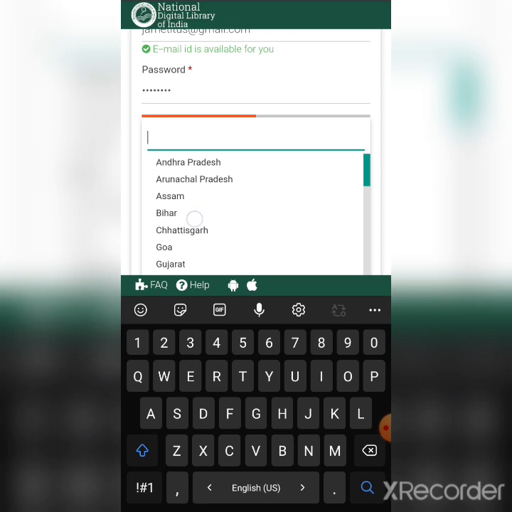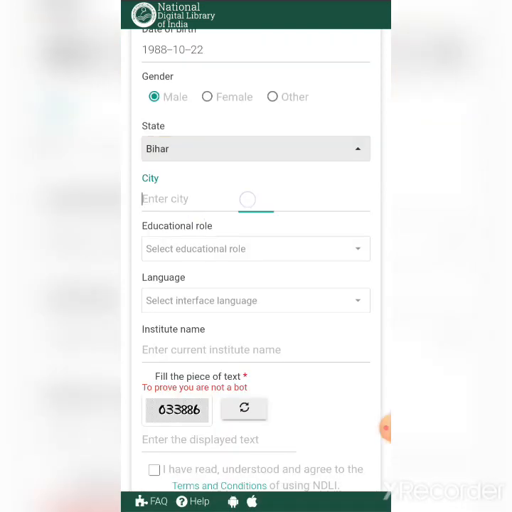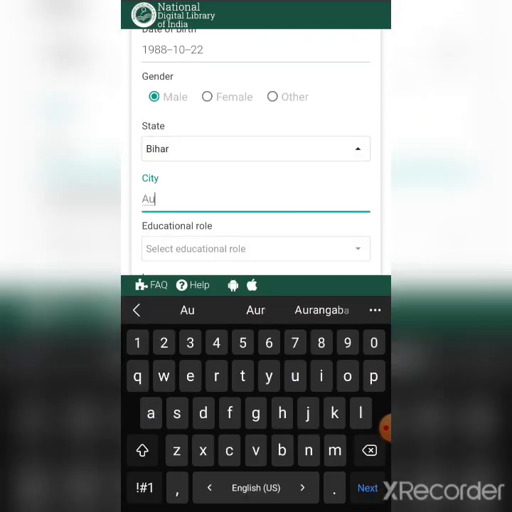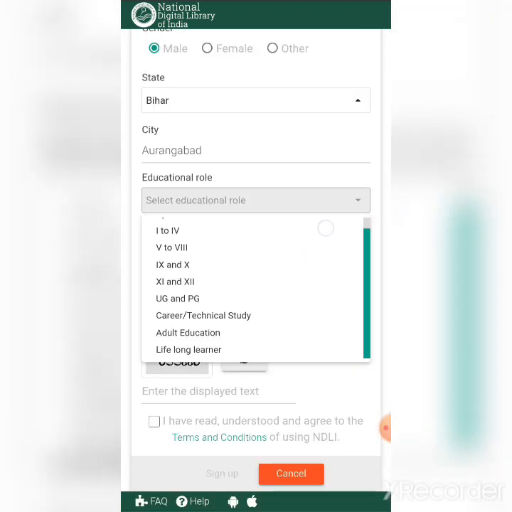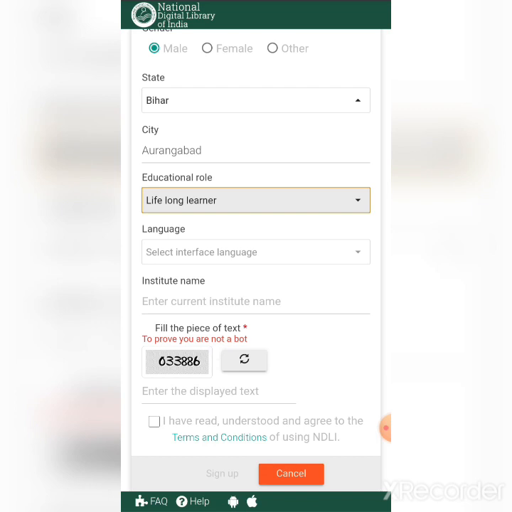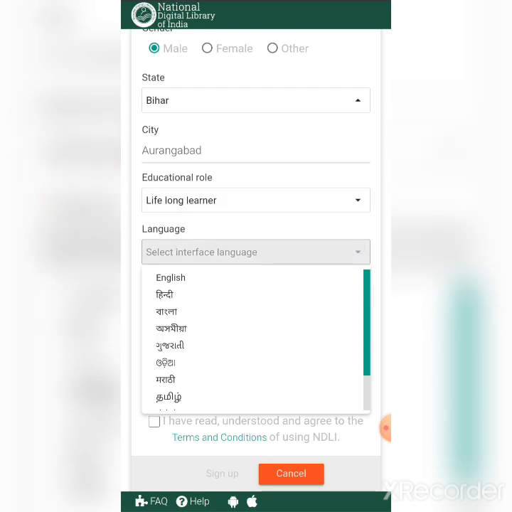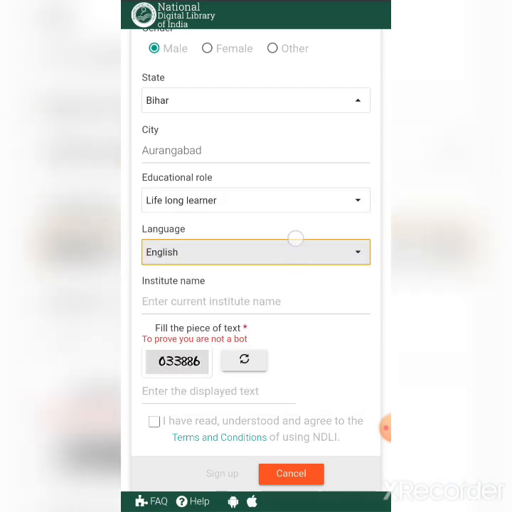Which state? I belong to Bihar. The city you have to manually type, Aurangabad. And education role, you have to give lifelong learner. It means anytime you can access this website. And language, what language you prefer? You can give whatever language you prefer, but I give English.